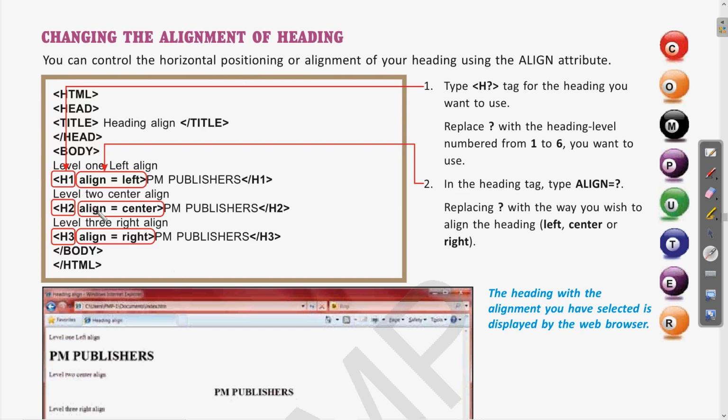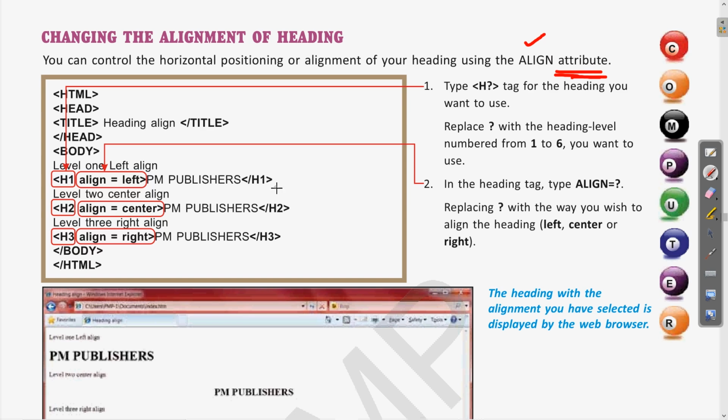Clear? So already the tag is h1 or h2, whatever the heading level it is, it will remain there. Now with this tag we can use some attributes. Clear? So attributes are the features of these tags. So what is the name of the attribute? Name of the attribute is align. Now with this align we can use left, center and right. Clear? So let us do the changes in the heading tag which we have written.